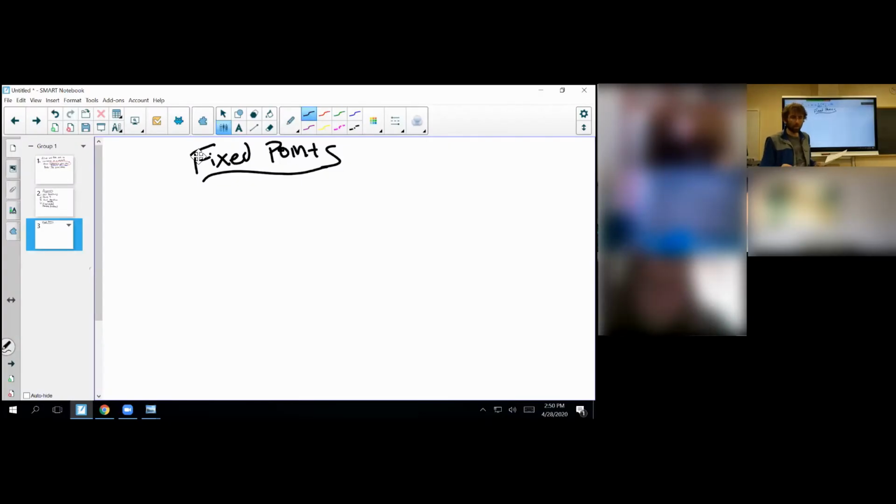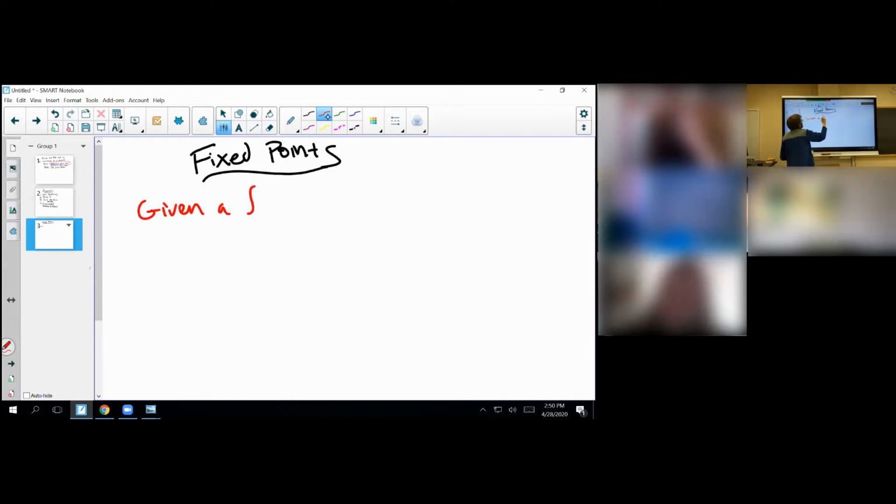Okay. So how does this relate to fixed points? Well, what is a fixed point? Well, given a function, f of x, a fixed point,